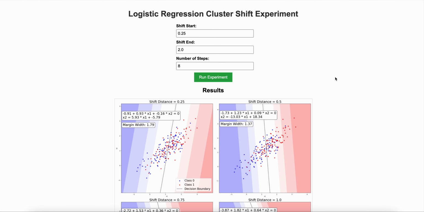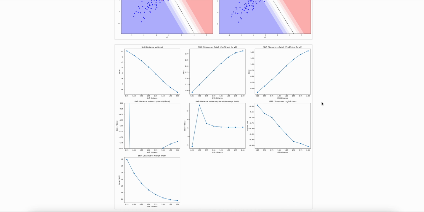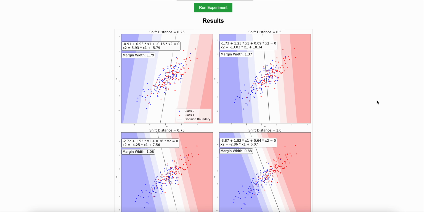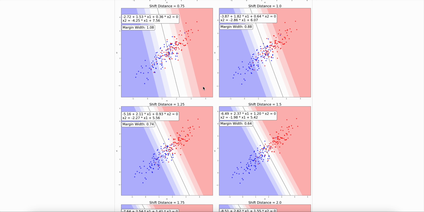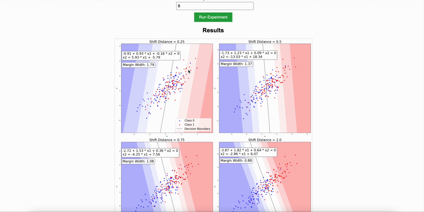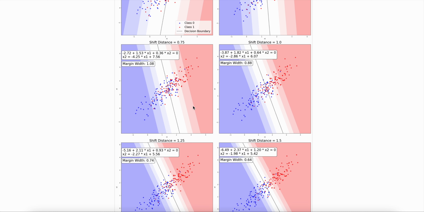When I run an experiment, here are my result plots and some other plots. As we increase the shift from 0.25 to 2.0, we can see the two different classes are clustered together in this plot, but as the shift distance increases, they separate from each other. They move farther from each other because we're shifting the class